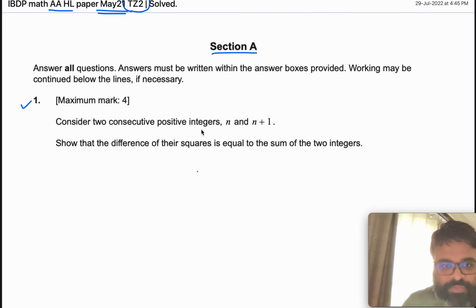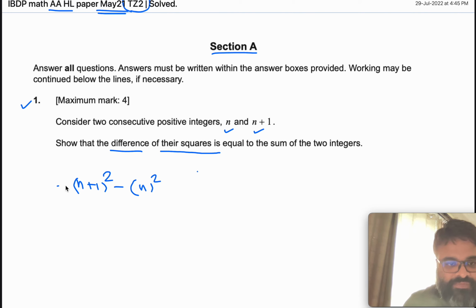Consider two consecutive positive integers, one is n, another is n plus 1. Show that the difference of their squares is equal to the sum of two integers. Now, see this, difference of their squares, okay? So you have to find the difference, right? So let's take the bigger number, n plus 1 the whole square minus n square. That's the difference. And then if I just expand this out, it will be n square plus 2n plus 1